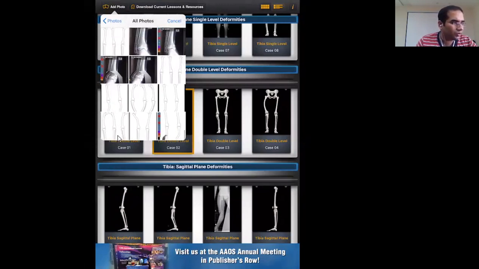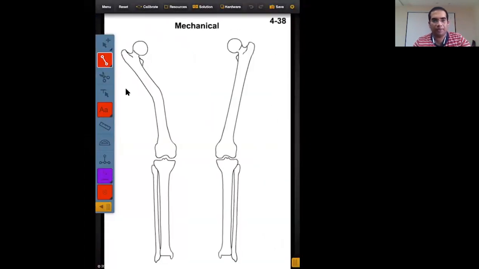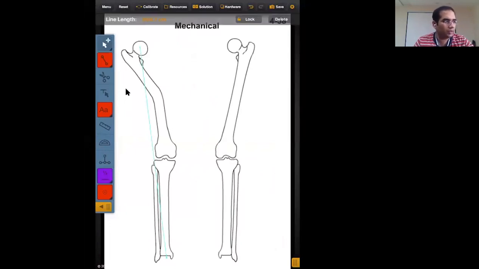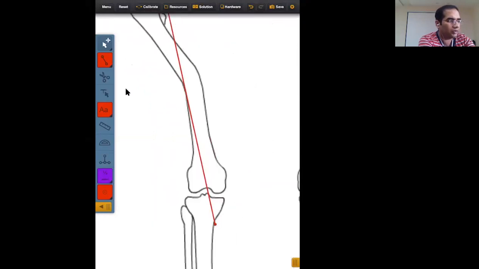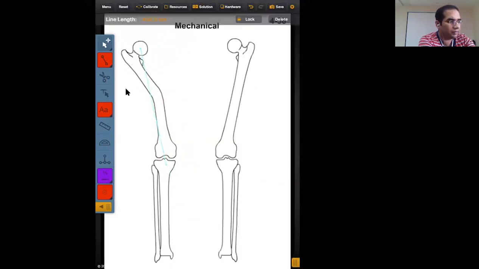Okay. So we have discussed one scenario of the femur. Let's discuss another scenario. In this case, I'm going to be a little bit quick now. As you can see, there is a valgus deformity. Again, we will first draw the reference lines of the proximal and distal femur, joint orientation lines and mechanical axis.